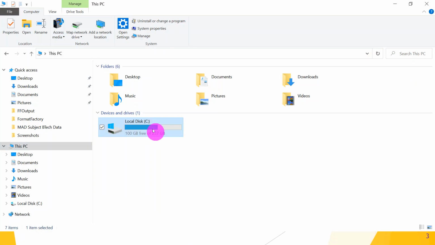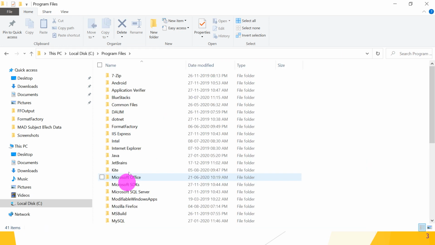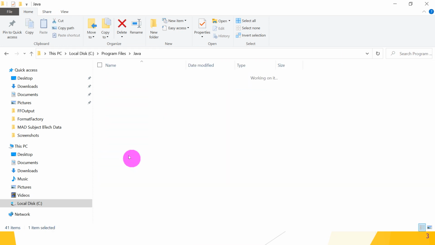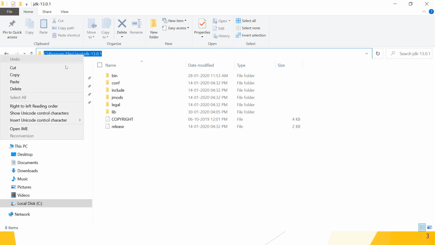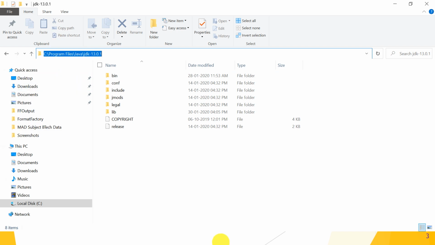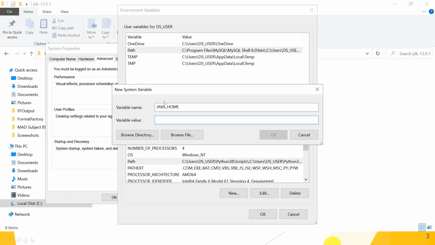In the C:\Program Files folder, there is a Java folder. Inside Java, click on JDK. Till here is Java's home folder. So copy this path and simply paste it into the Java home variable. Just paste it and click on OK.